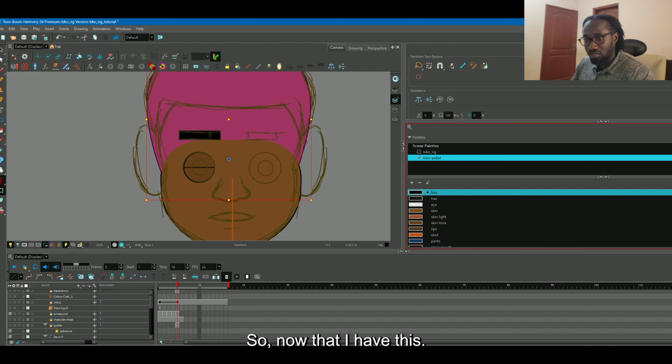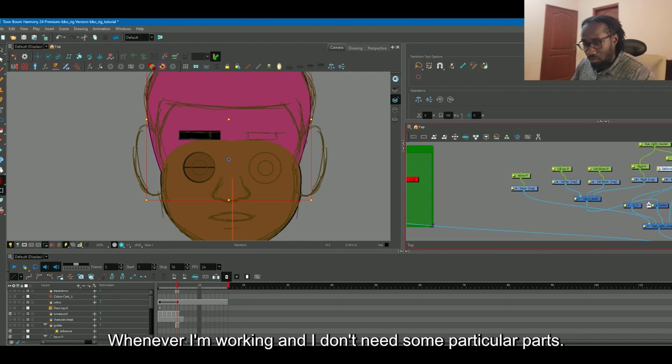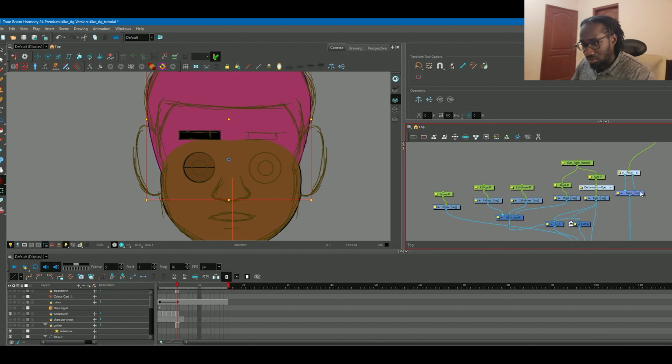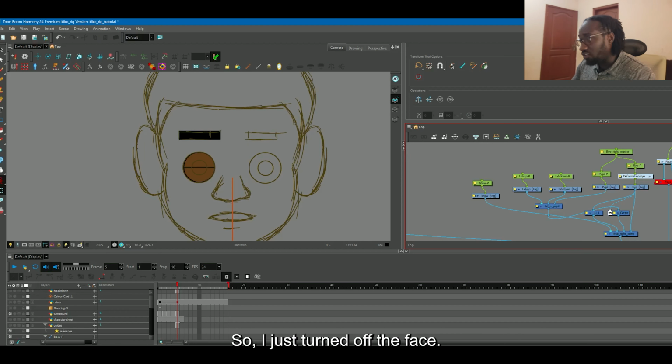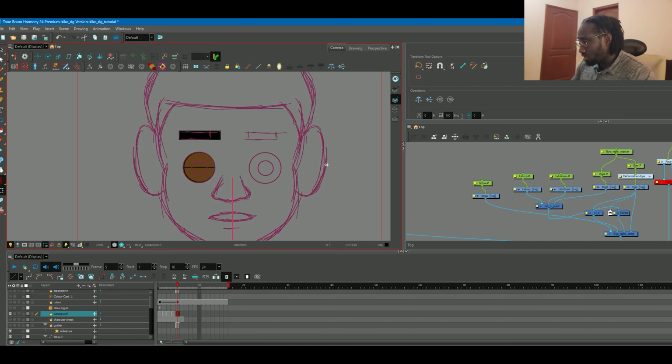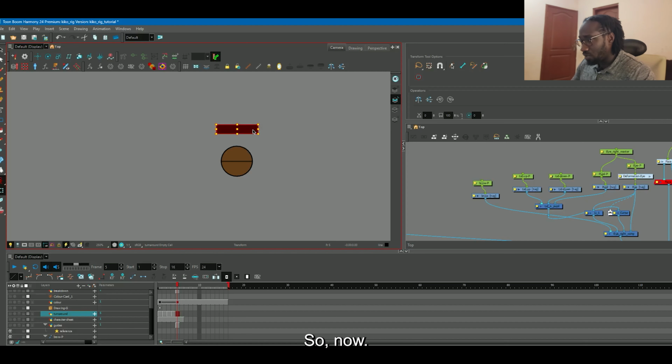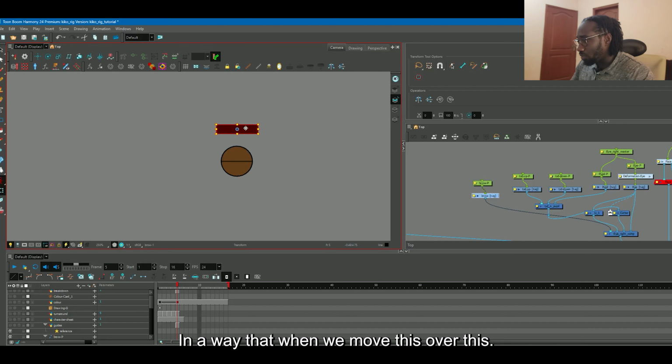So now that I have this, I'm going to go to the node view. Whenever I'm working and I don't need some particular parts, I make sure I turn them off so I can actually see what is going on. So I just turn off the face and I'm going to turn the view off. I do not need you. So now we need to make this work in a way that when we move this over this, it disappears,